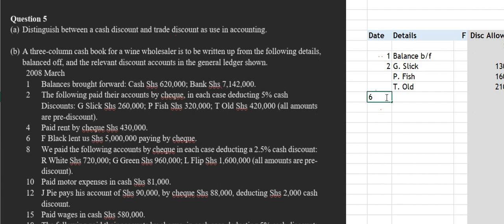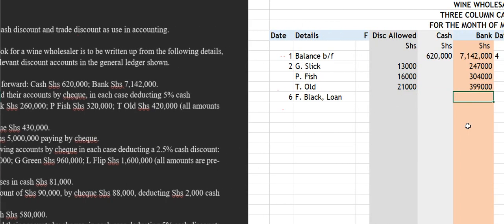That is 6th. I will write F Black. I can even say it's a loan of how much? Of 5 millions. That is by check. Yeah. Then next, the next transaction after the loan,